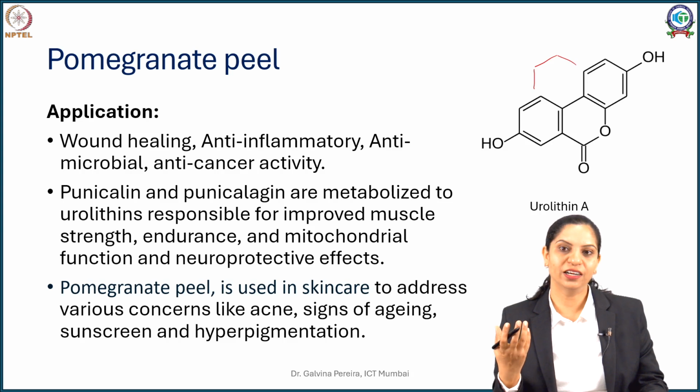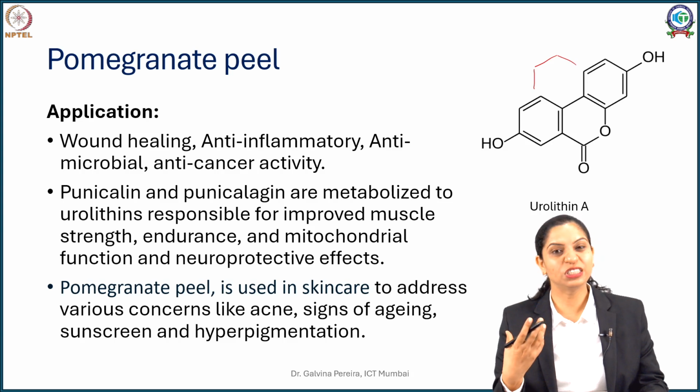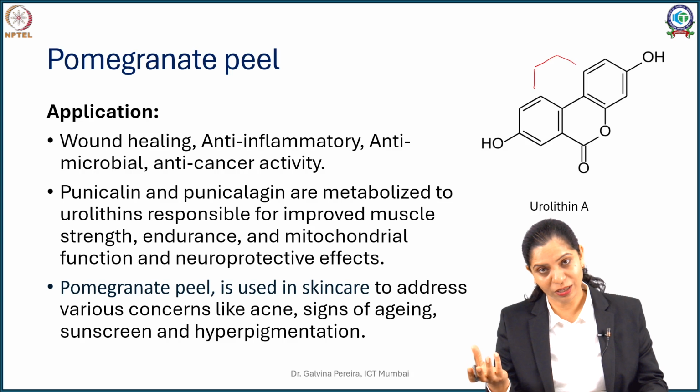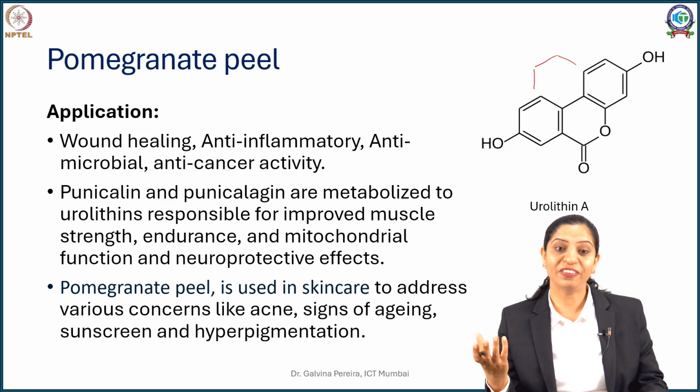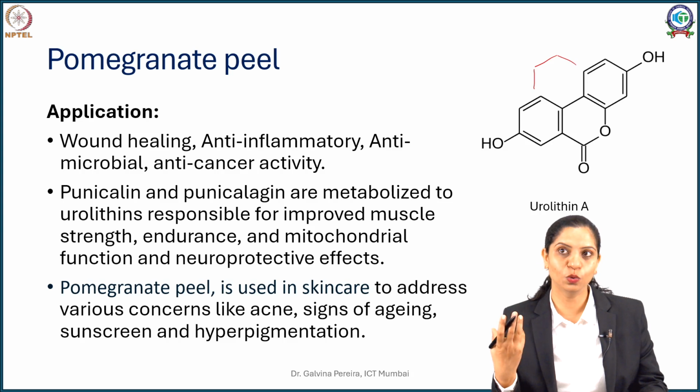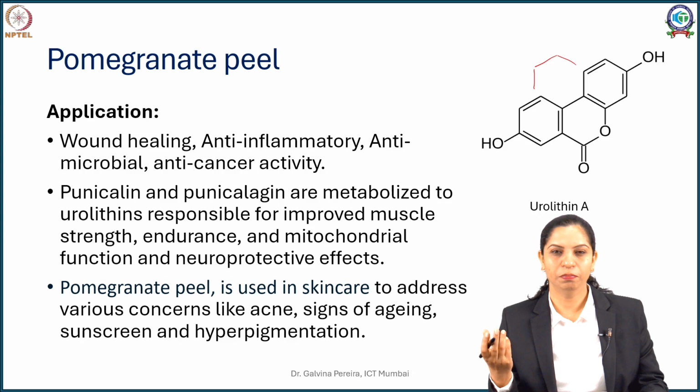One more thing is, urolithin is also linked to production of energy. So in people who want to slim, it is a good source of burning ATP molecules and a good energy burner. So it gives you improved muscle strength. It helps in weight management. The antioxidant property of urolithin is linked to also a protective effect on the brain, especially people with Parkinsonism have been administered ellagic acid and urolithin.